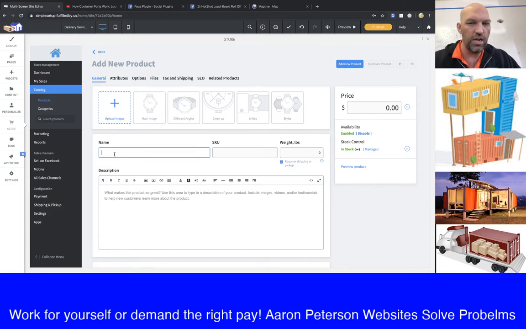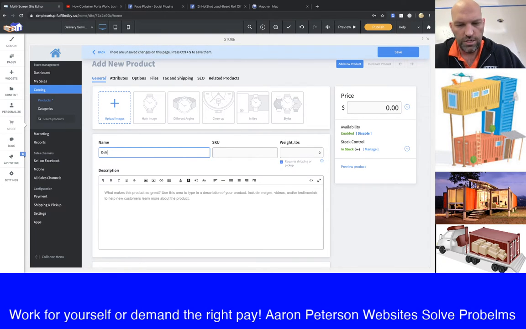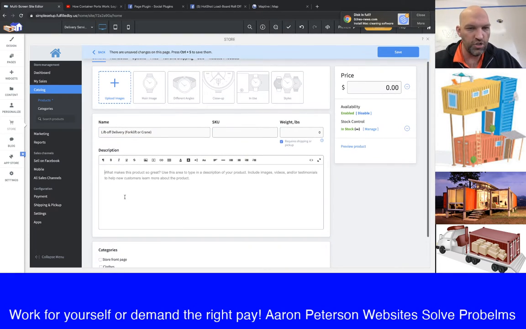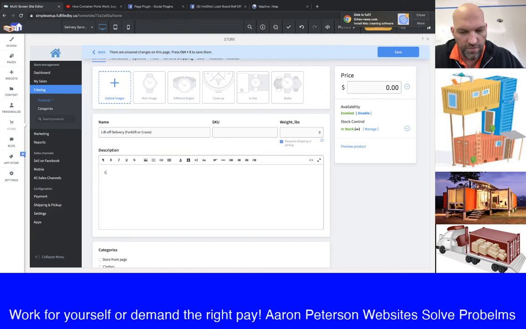Okay, so the product that I'm going to add, I'm going to have 3 simple products for delivery that I'm going to charge a delivery service basically on. So delivery. Let's do so for containers or building products, right? There's liftoff. If it's a contractor that's buying the products, there's typically a liftoff delivery. So this is going to be a liftoff delivery, and then in parentheses here, I'm just going to put forklift or crane, just like that. Okay. And then right here, a description of what a liftoff delivery would be. So liftoff delivery